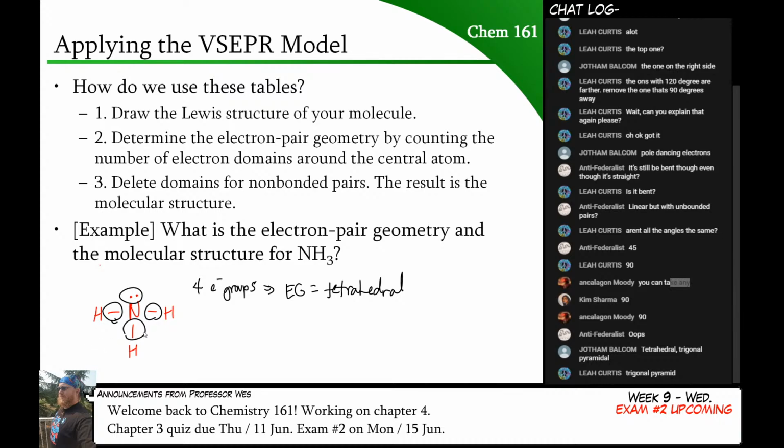And of those 4 electron groups, one of them is an electron pair, which means that its molecular shape is trigonal pyramidal. And then if I was going to draw the shape more accurately, I would grab the template that looks like a tetrahedron and I would draw it like this. That's what ammonia actually looks like. And it looks like you guys have the idea.